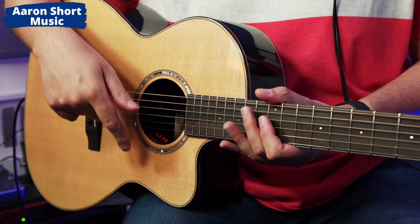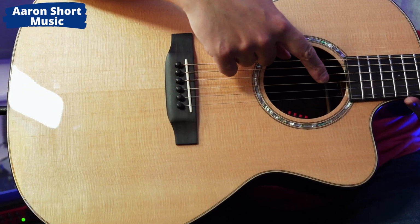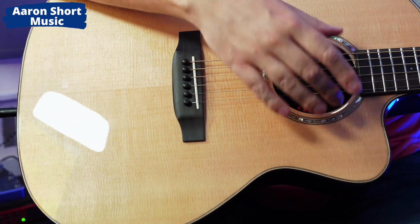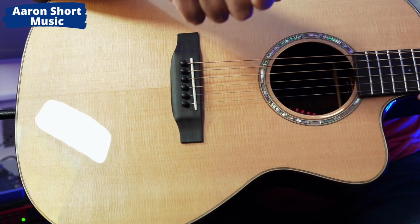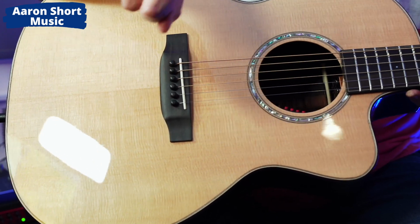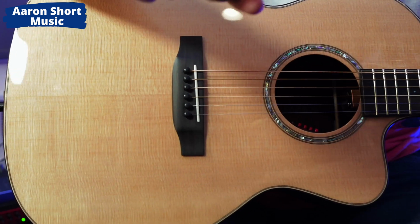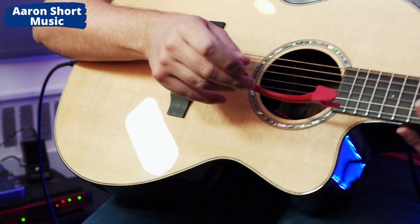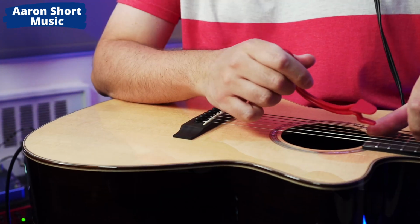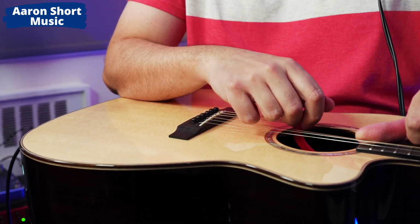Something really interesting with this guitar is the fact that the battery is in here at the heel. So you're thinking to yourself, okay, so I loosen all the strings to get that out, do I? No, you actually use the included tool to go in there and pull the battery out and put it back in. I want to show you because it's a really clever design. So you get this tool with it. So basically, you just lay the guitar down, you just spread the strings slightly, and you put this in, and you just grab the battery,